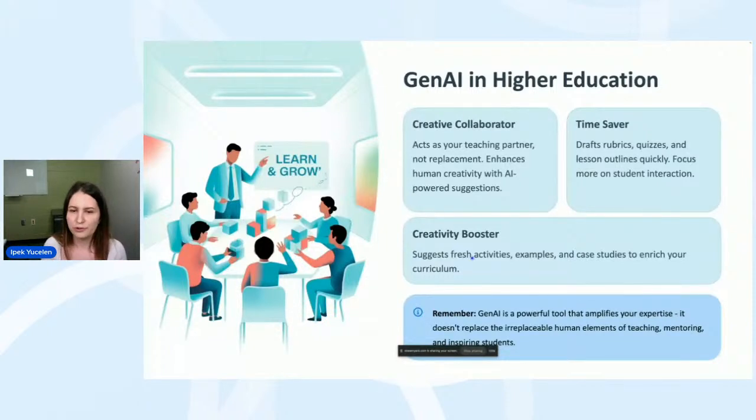So it comes up with creative activities that can enrich the classroom experience for our students. So the idea is that AI is not a tool that is replacing humans. It can never replace human creativity or judgment. It cannot do that. But we can see it as a tool that supports our teaching practices and saves us time.